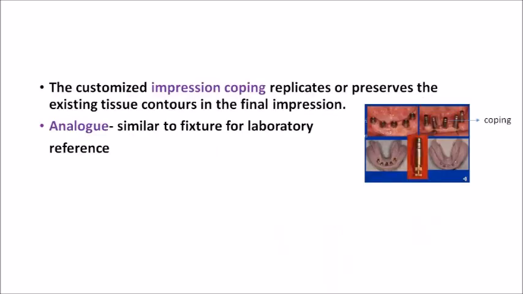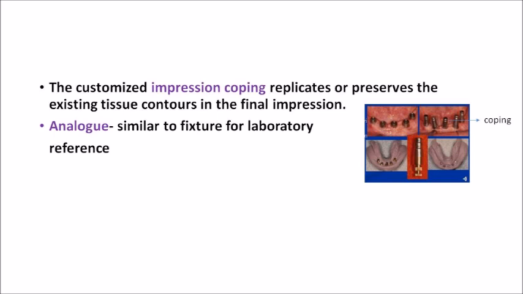Now coming to the final slide, winding up the presentation, I want to introduce two terms to you, that is impression copying and impression analog. Impression copying is the material that creates or preserves the existing tissue contours in the final impression. So in impression copying there is a 'co', and in tissue contour also there is a 'co'. You have to please relate using that. The copying copies the tissue contours, or the exact tissue relationship with the implant is transferred using the impression copying,